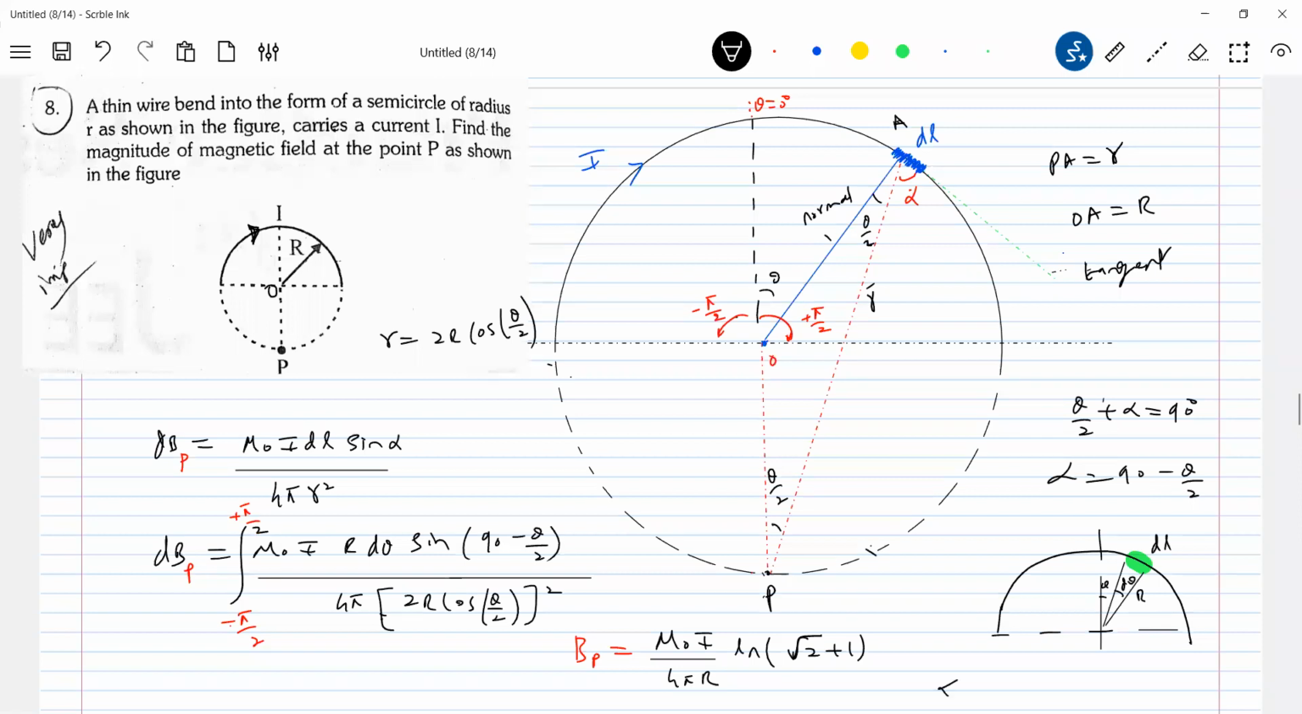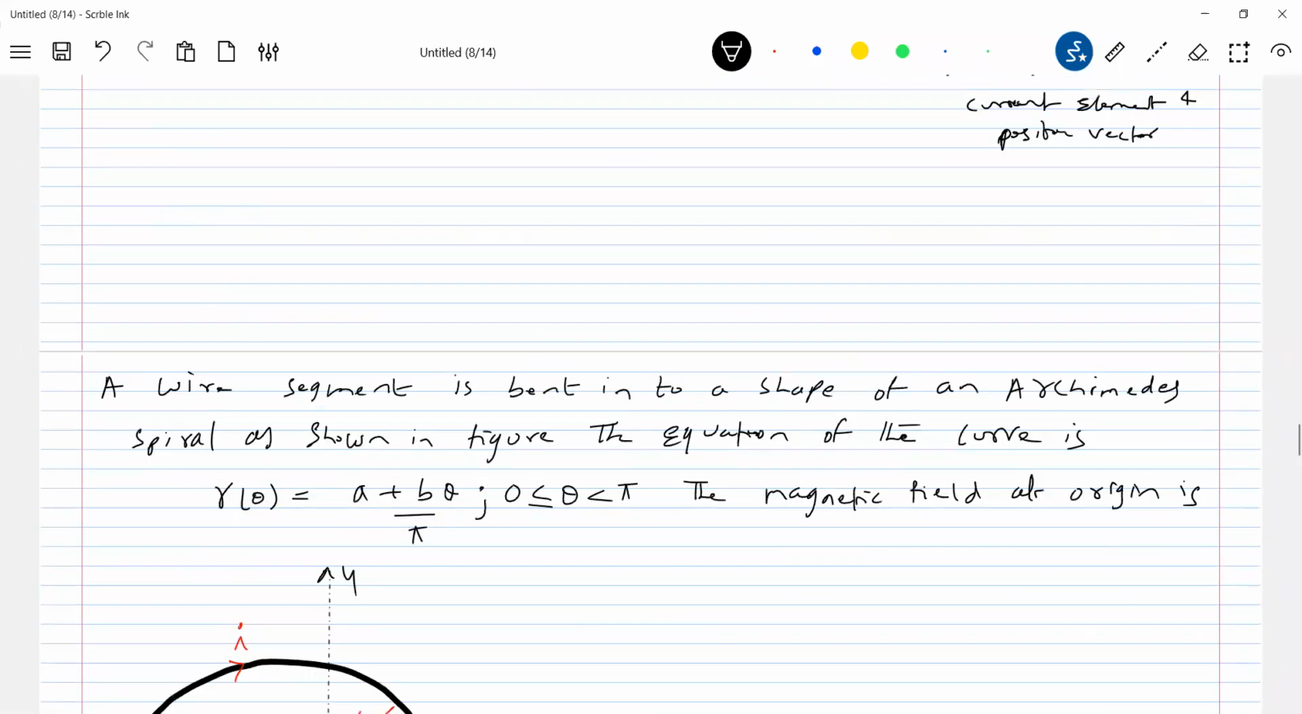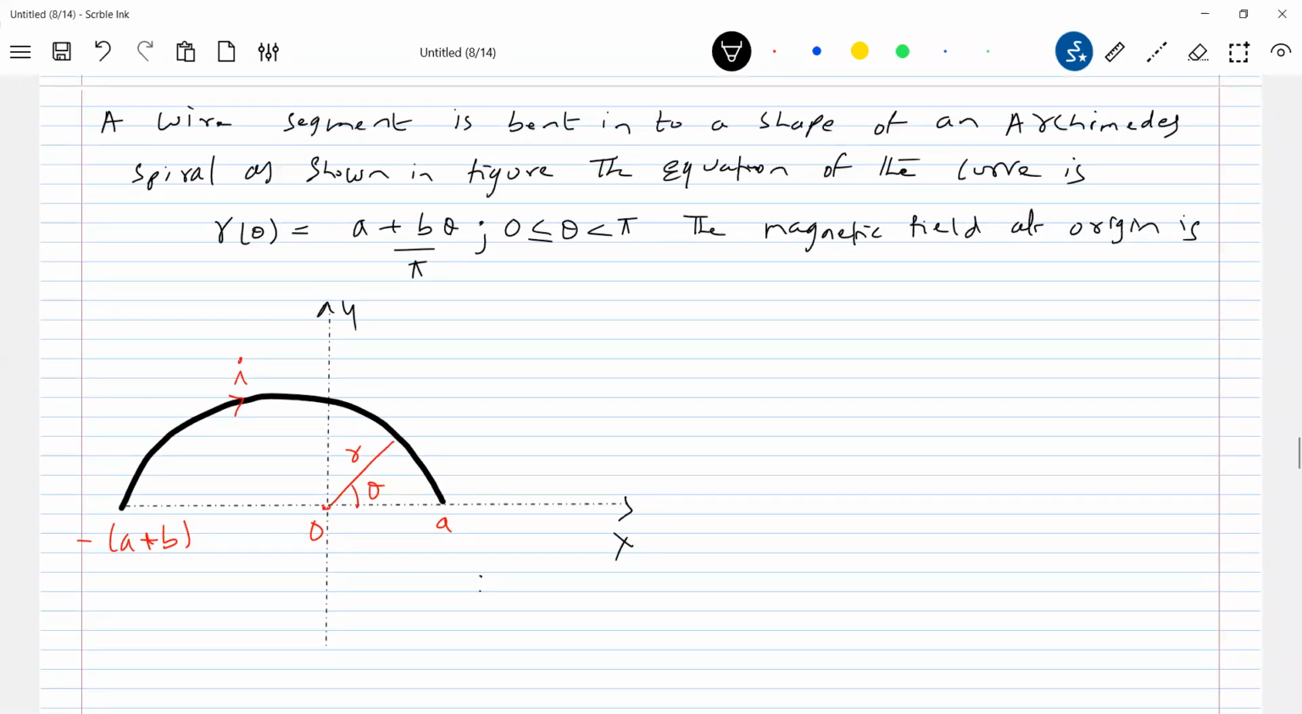So what is alpha? Basically the angle between current element and position vector. Similarly, the same application problem I'm